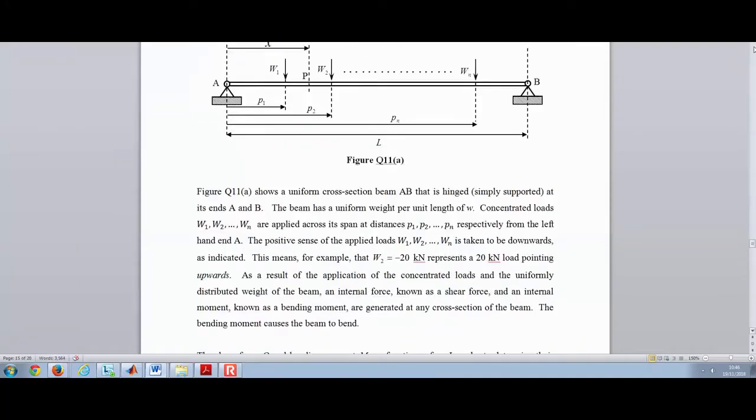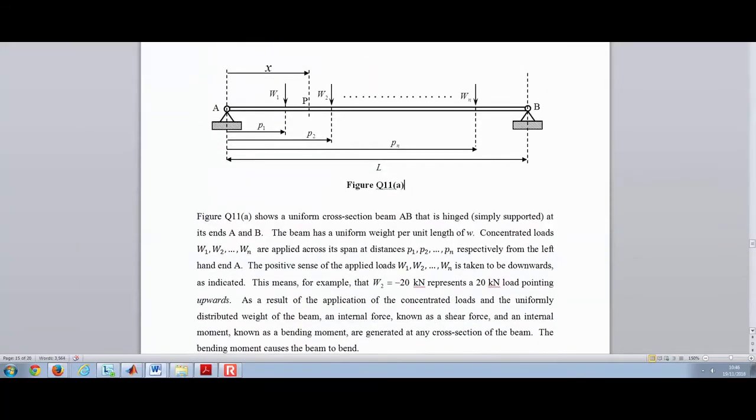Okay, I'm presenting the model solution for your third coursework. You had to write a MATLAB program that will solve a general beam problem. The beam is of length L, has any number of applied loads on it, W1, W2, W3 up to Wn, at distances of P1, P2, P3 up to Pn,